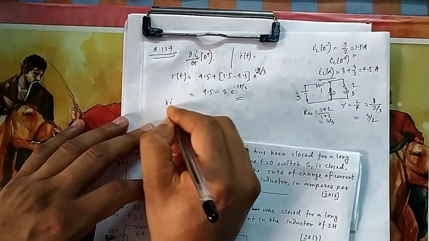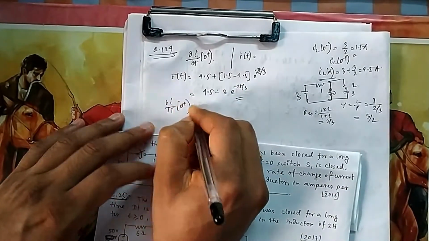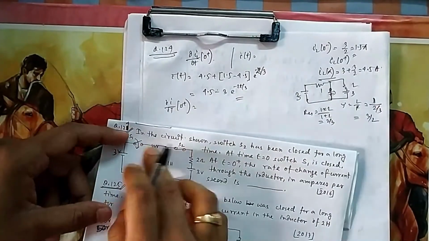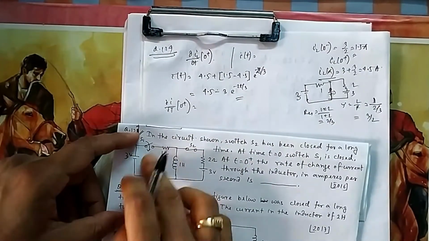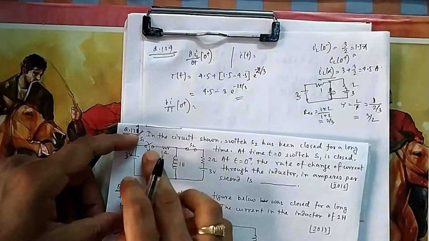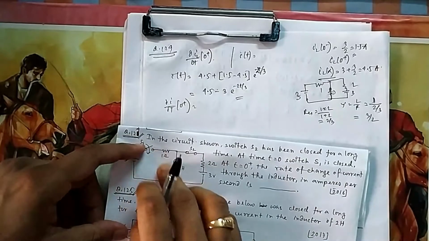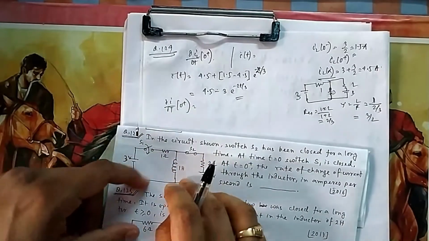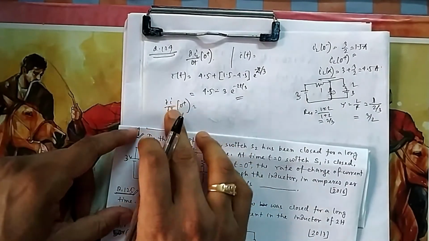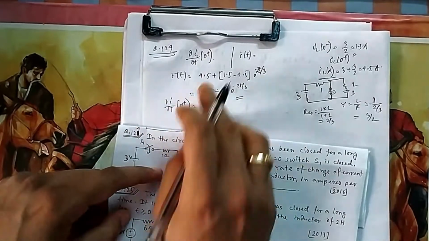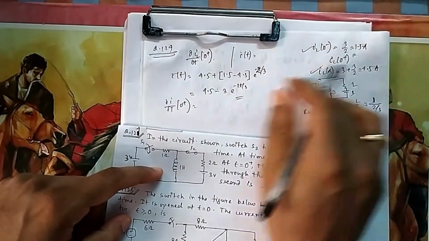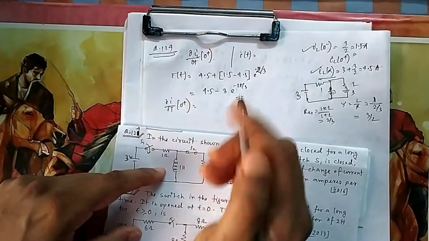Now if you need to find di/dt at 0 plus, you could have taken KVL also, but in that case this i you don't know, that's why I don't prefer that one. But you can use KVL also. For KVL, I think you need to take 2i. But this is easy. You can easily find it. If you can find these two, then this mantra will work because it is a first order.